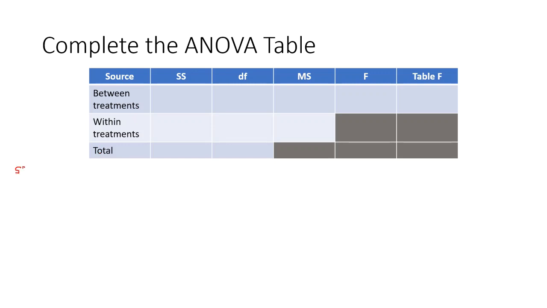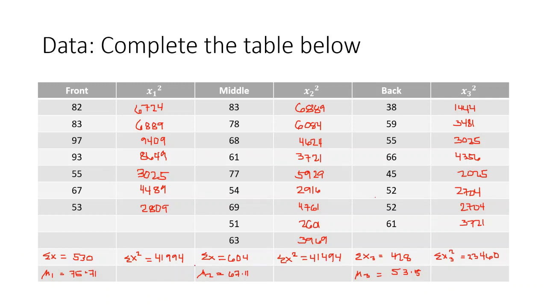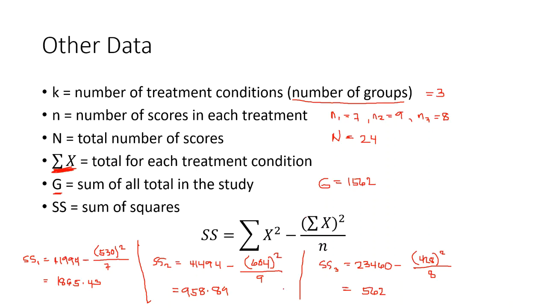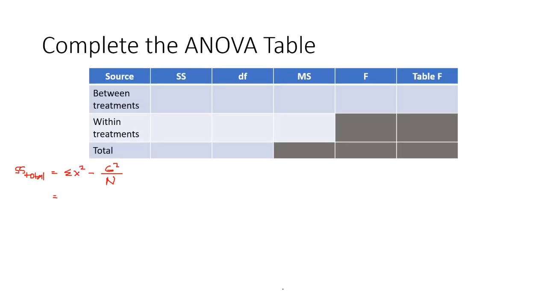So for the SS total, that is equivalent to the summation of x squared minus grand total all over capital letter N. So this is already the total of all the samples that we have. So if you would add all of the summations here, the summation of x squared, that would be equivalent to